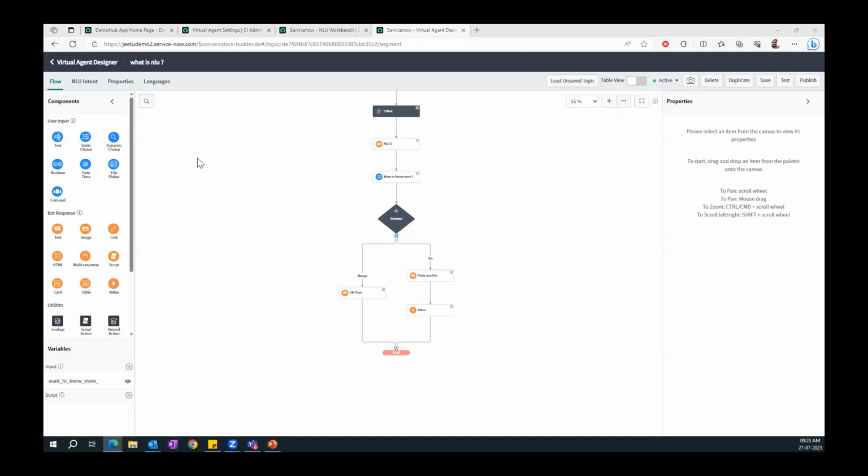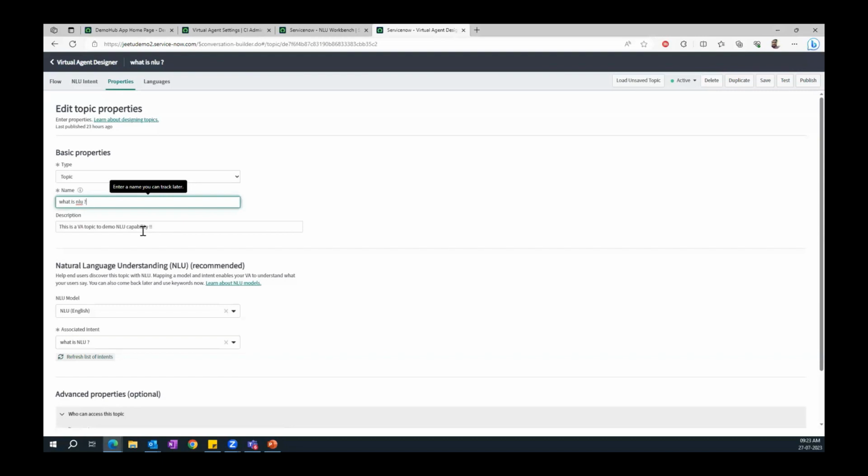So this is pretty much a very simple conversation. How is this getting power from NLU? If you see the properties behind this conversation, you will see this section called NLU, and this is where the power comes. What I did here, I just created a small model in the ServiceNow instance, and I have attached this model here with this conversation, right? So this is what the model name is, and this is the intent that my user wants to know. This is the predictable intent behind the conversation.